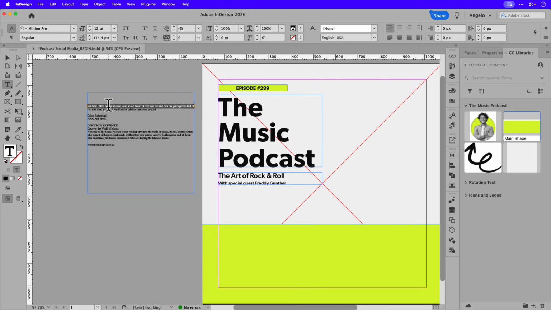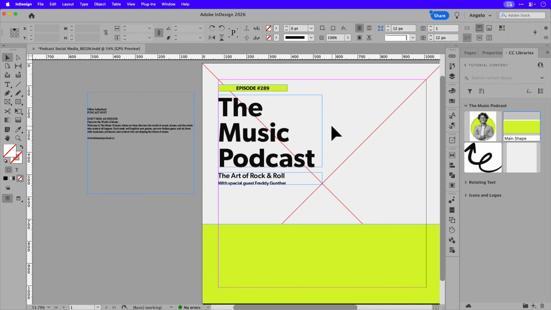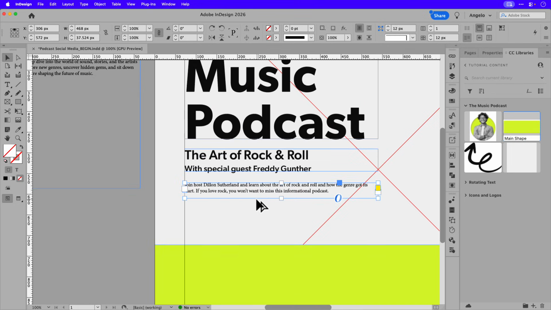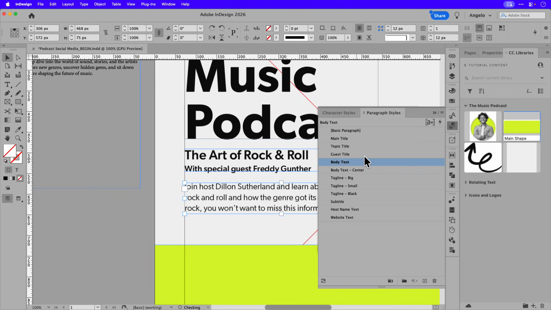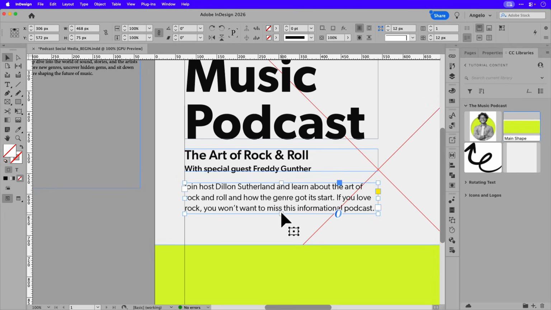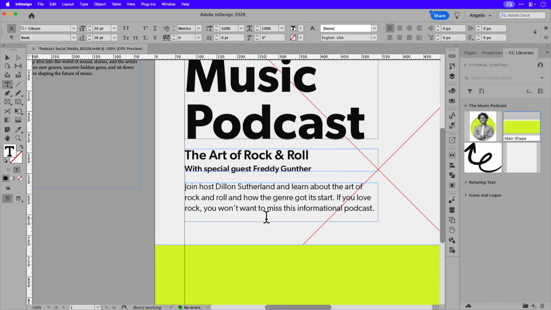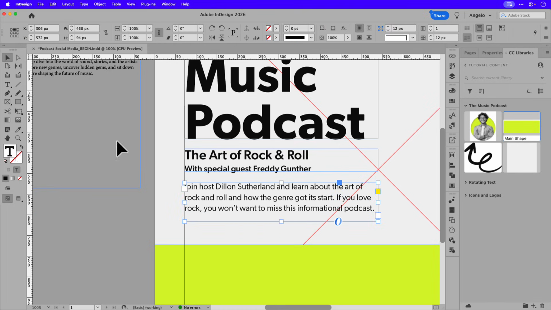And so we have the description here, so I'm going to cut that, click on the selection tool again, click away, Command V, Control V on Windows, and this will be a little description to go along with the podcast title. And for this, I'm going to extend the box. Just click on the frame is fine. If I go to the paragraph styles window again, I can click body text, and you can see that that fits nicely. So I've already set up my body text, my main title, my subtitle with the guest title, and